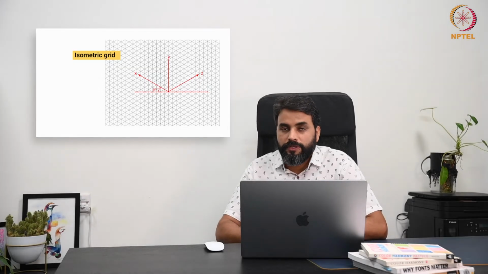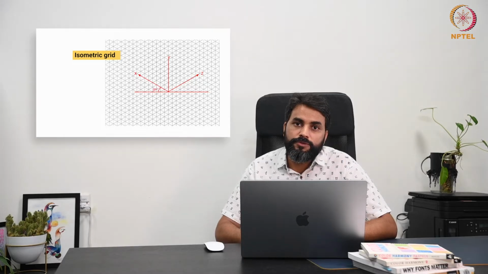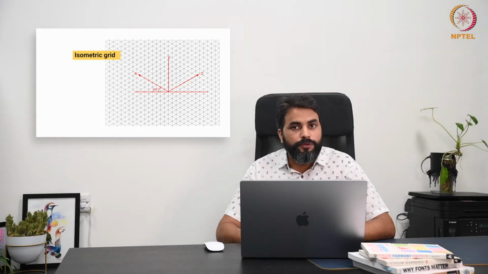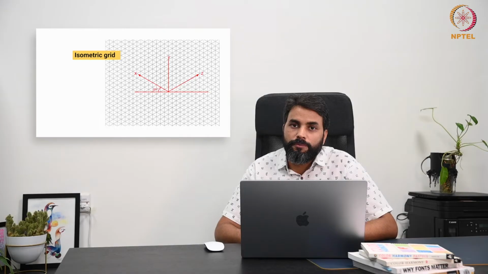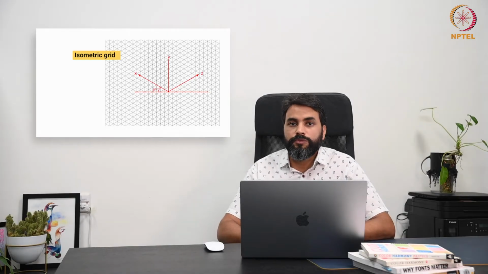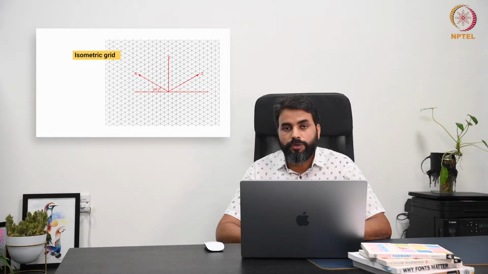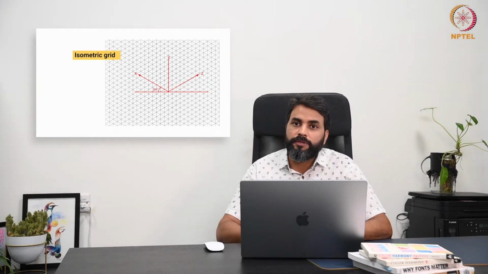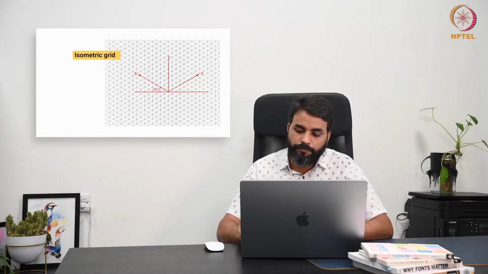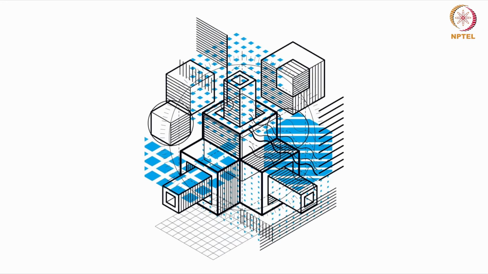If you look at isometric grids, they help create three-dimensional shapes like cubes, buildings, or complex objects that appear equally proportioned from all angles, because there is no distortion or change in size with distance. The grid ensures precise alignment of lines and angles, making it useful for technical illustrations, infographics, architectural drawing, and product design.